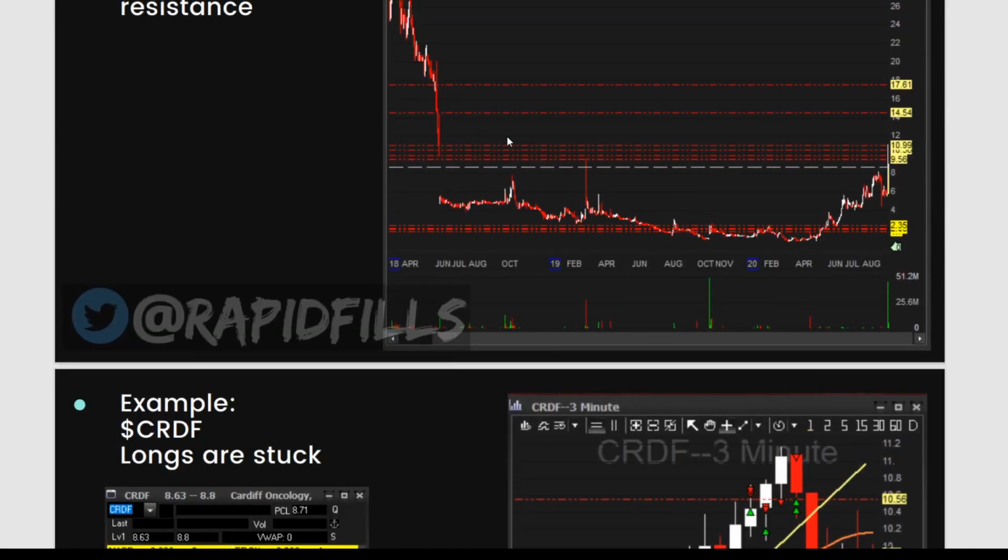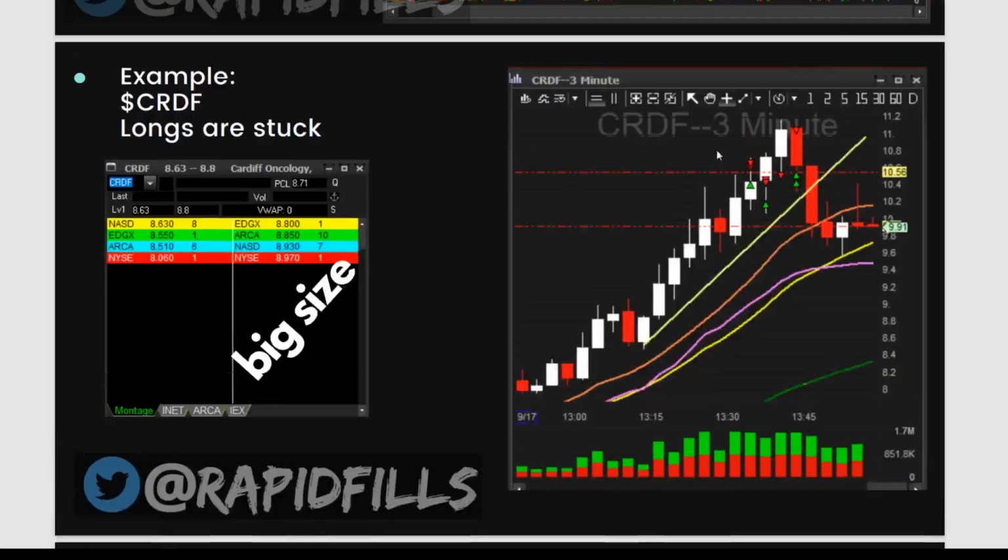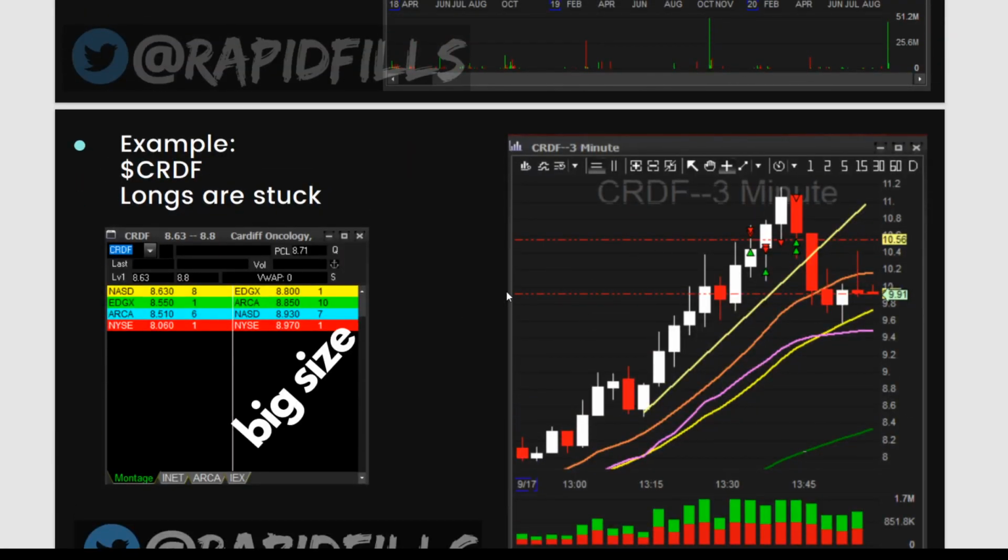Now we know that 11 is a daily resistance, right? So we're waiting for that moment where it shows on the level 2, longs are giving up. So how do we know the longs are giving up? Huge seller sitting on the 11. They're chipping it away. The size keeps refreshing. So 10,000 shares, it goes to 9, it goes back to 10. They're buying. That size still 10. And then all of a sudden what I saw is, you can see here where it actually got popped up. The size just disappeared, sucked in hella longs,